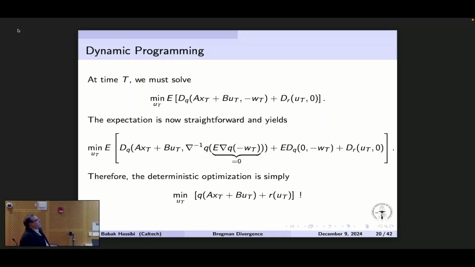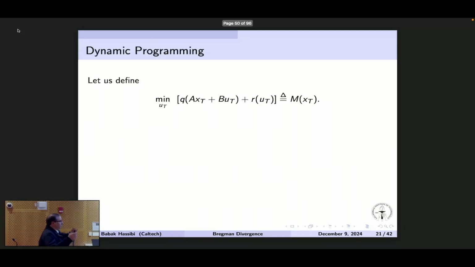And so my deterministic optimization is this. It's just like the quadratic case. What happens is you just drop that term, which is what happened in the quadratic case as well. But as an engineer, you could have made that step directly. Yeah, but then I would not have any optimality. I would not be able to say what on earth it is that I'm doing. At least I can tell you what it is I'm doing. And there's a second step, which as you will see, is even more critical. Okay? I totally appreciate your comment.